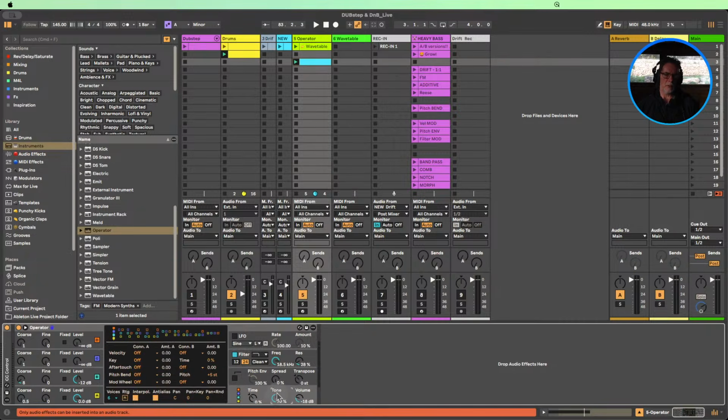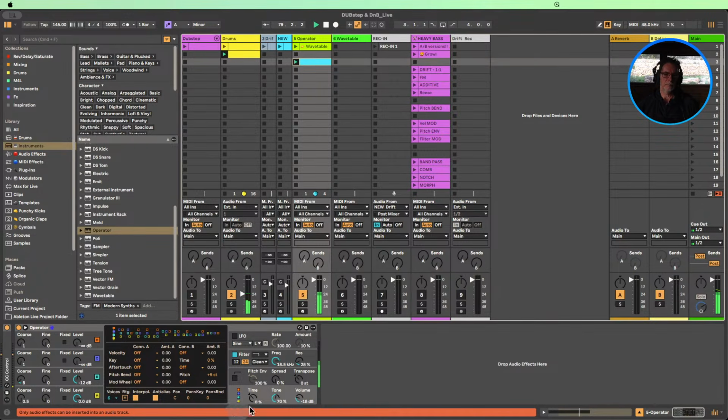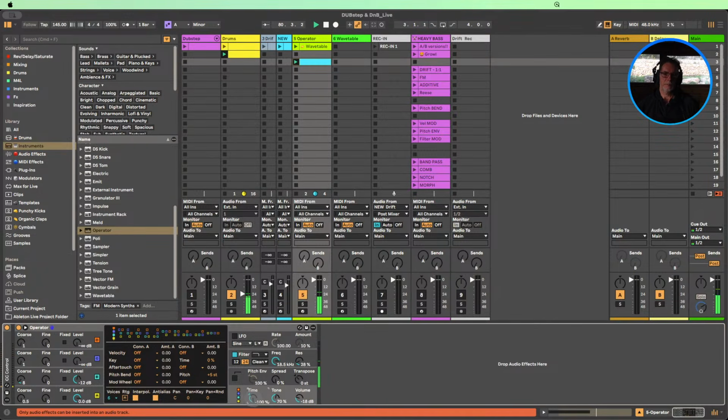And if you look at the global shell, I'm sure many of you know this, but the time here is essentially affecting all of the envelopes. So if we mess around with the time, if we go in this direction, it shortens all the envelopes that we've got wherever inside of the operator. And if we go this way, we're kind of lengthening them. So we can have a quick listen. Probably not huge change,